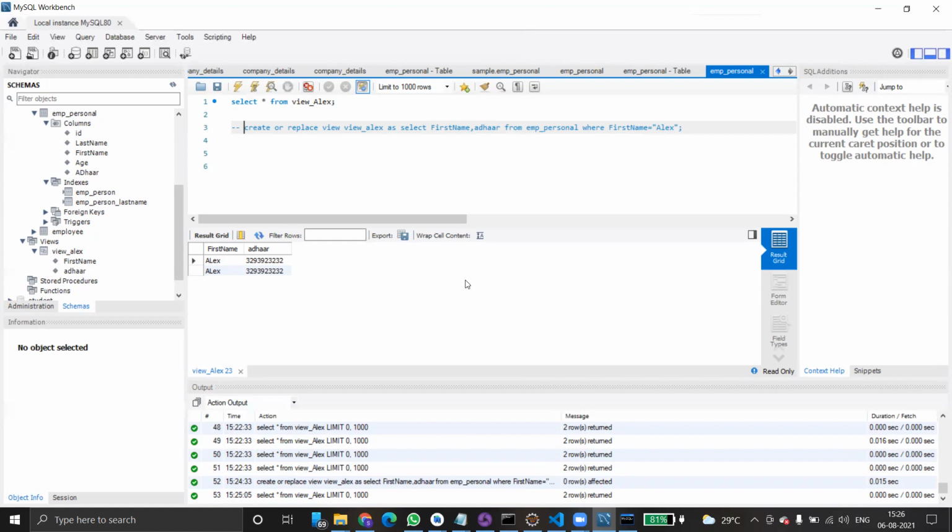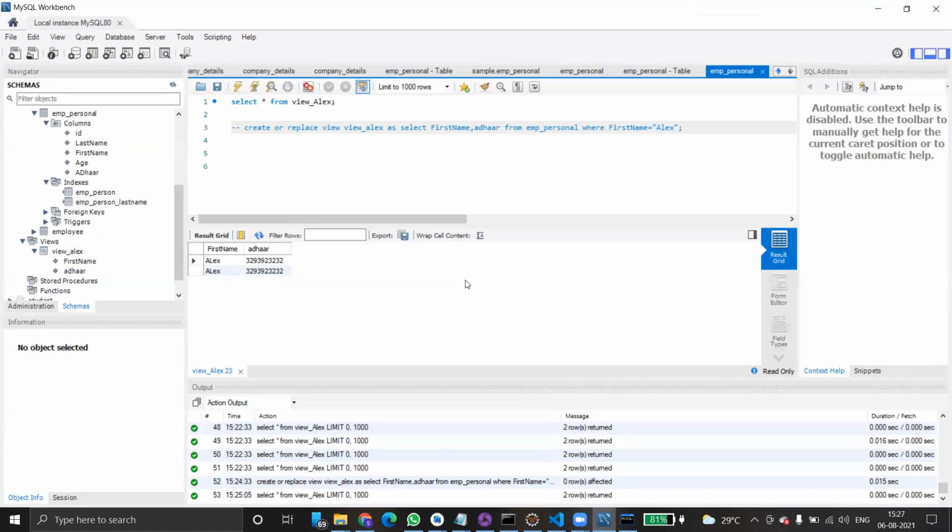And coming to data definition language, I have shown you how to create a database and how to drop a database: create database and database name, drop database and database name, create table and start giving the column names. Create table, table name. For creating a view, create view, view name as, and then you have to give the query. To execute it, simply give select star from view name.